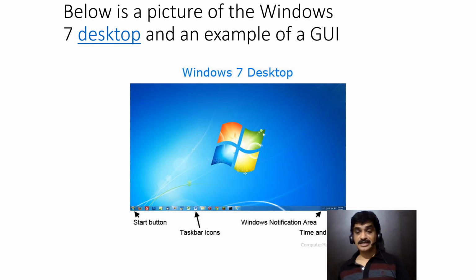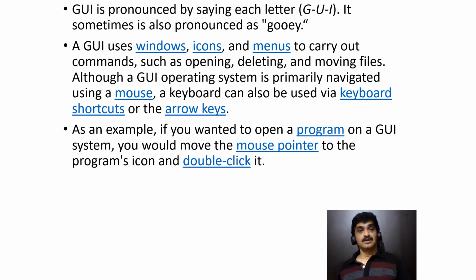In the bottom right corner you see the time and date. These are the icons, right? You are able to operate them with the help of pointing devices or keyboard shortcuts, or nowadays, very efficiently, touch screens. These are all because of the graphical user interface. This one I just explained to you.